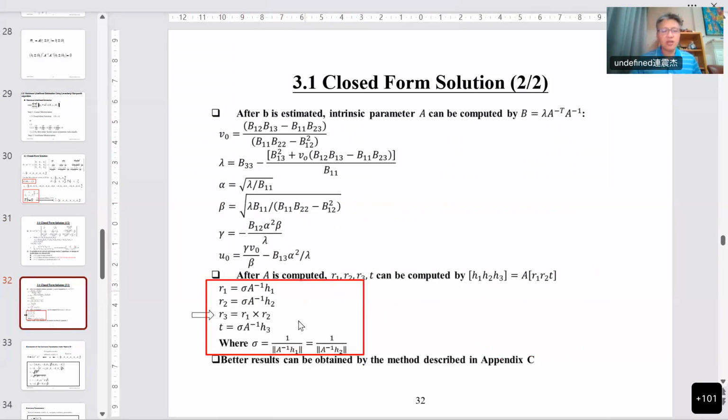We take a break, 10 minutes, and we'll continue. So far we have solved the intrinsic parameters, and we'll try to solve the extrinsic parameters next. 好，那我们先休息10分钟，谢谢。